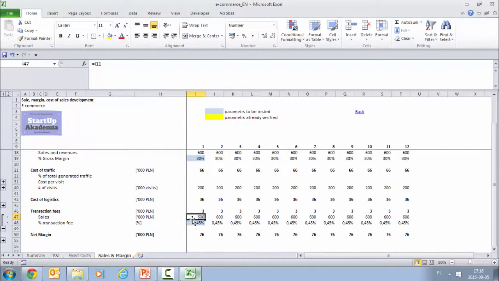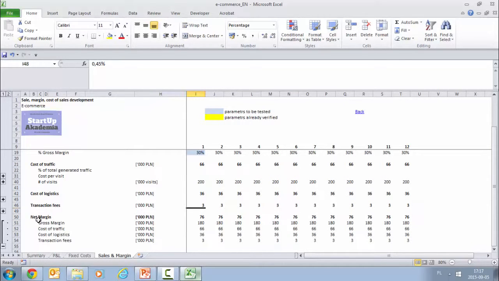We get the revenues, the sales we're going to generate, and then we put the transaction fee as a percentage of those revenues. This is the usual practice in most cases, or in some services you can have a mixture. Usually it will be a fixed amount, which is small, and then the percentage, and then it can also be capped by some sort of formula. So really here it should be reflected depending on what kind of formula you're using.